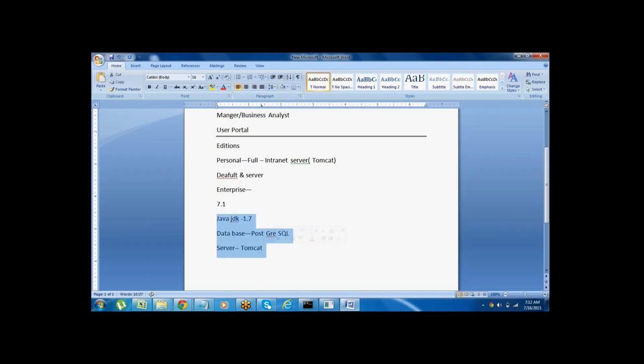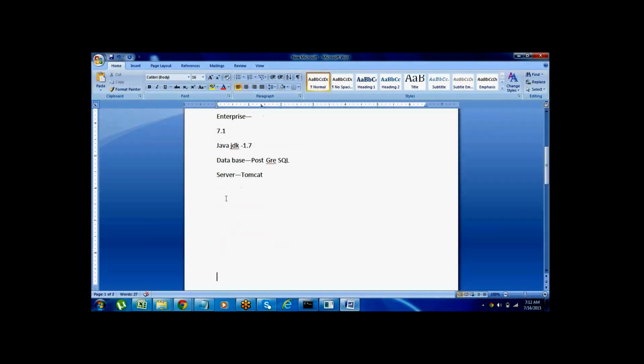These are the things it installs by default when you install the personal edition. It is a free license, a free edition, a free server. Anytime you can install it, and once you install the software, you can work for a lifetime, guys.